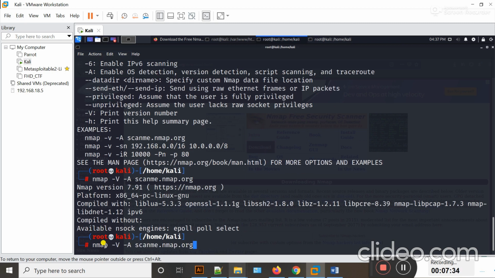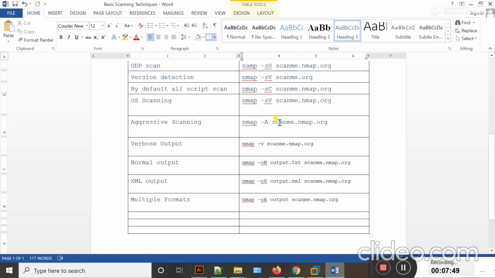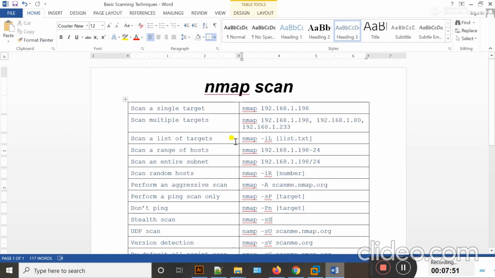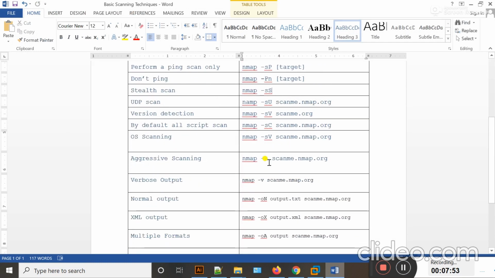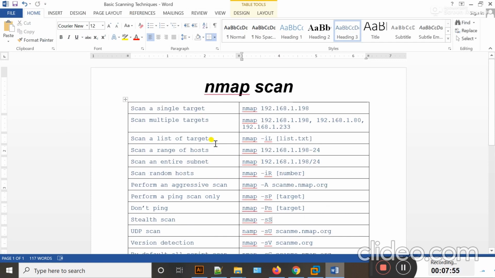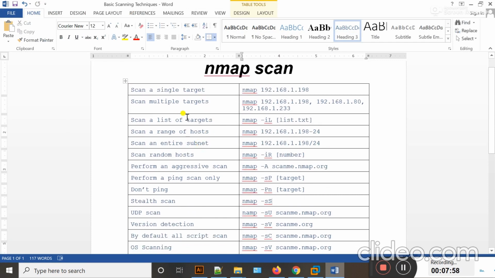Okay, nmap is now trying to find out different details about this website. Basically guys, this is some basic introduction about nmap. Now today we will work on this cheat sheet. Actually sometimes it's not possible for me to remember things, so I'm making a cheat sheet. I'm going to show how nmap exactly works.